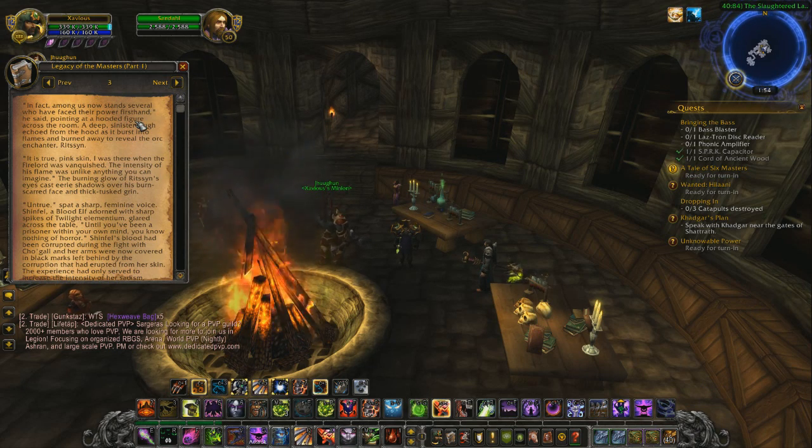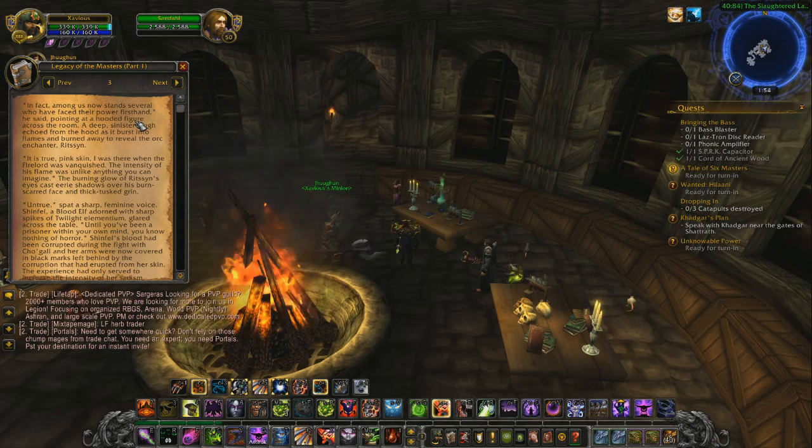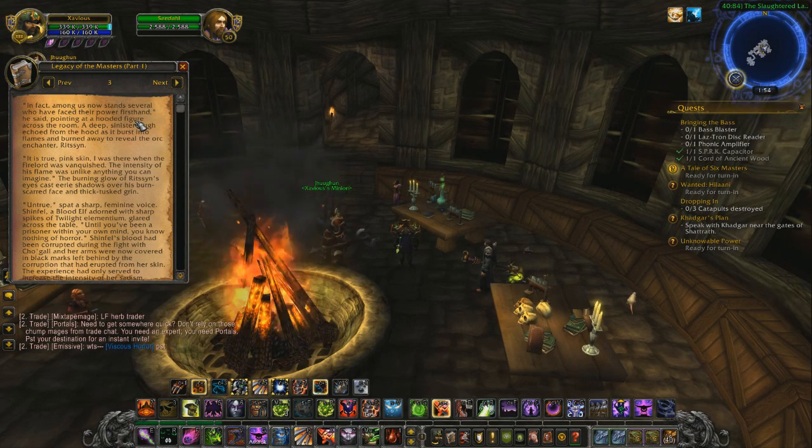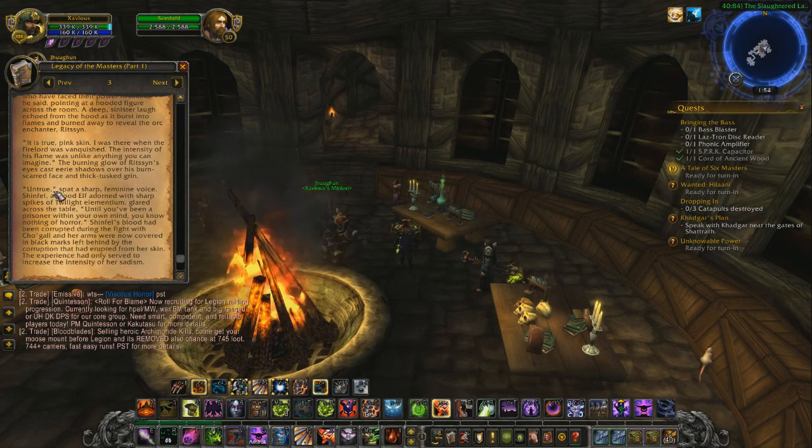Untrue, spat a sharp, feminine voice. Shimfel, a blood elf adorned with sharp spikes of twilight elementium, glared across the table. Unless you've been a prisoner within your own mind, you know nothing of horror. Shimfel's blood had been corrupted during the fight with Cho'Gall, and her arms were now covered in black marks left behind by the corruption that had erupted from her skin. The experience had only...